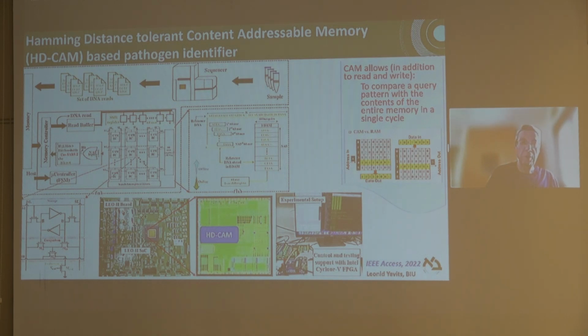So this solution that I am talking about here is called Hamming distance tolerant content addressable memory, or HDCOM, and a pathogen identifier which is based on this HDCOM. Here at the center is an illustration of a classification pipeline based on HDCOM. We have a sample, a sequencer, and a bunch of unaligned DNA reads, and we feed them into HDCOM, which prior to that,